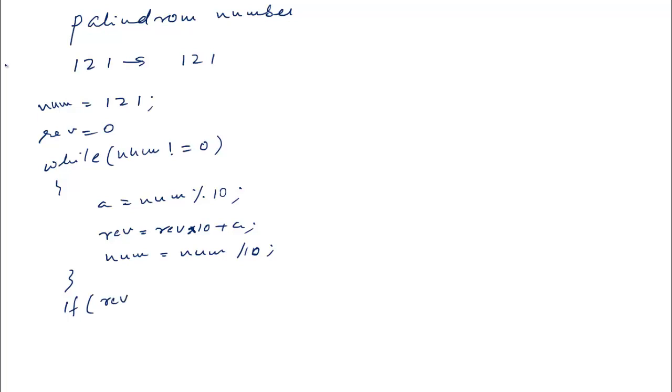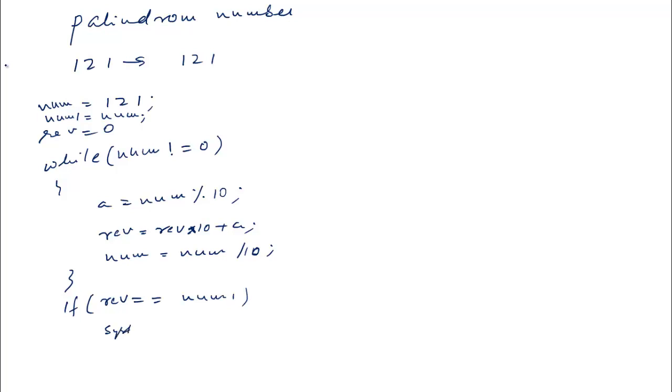Okay, here I have to take this number into num1 equal to num, because num becomes 0 here, so I have to check the original number. So the original number is saved in num1. So here rev equal to num1, and if this number and the reverse number are the same, then that is called a palindrome number. Okay,